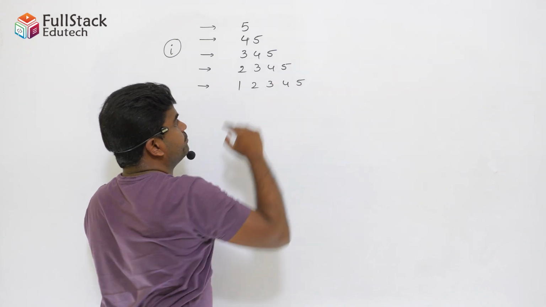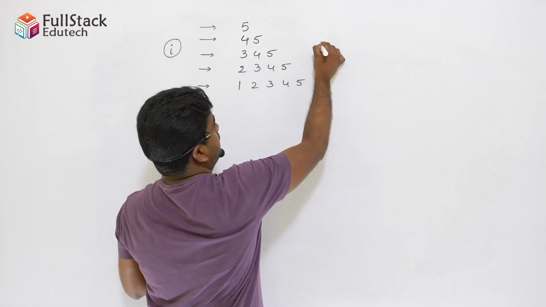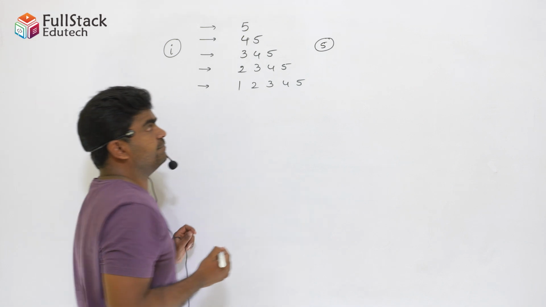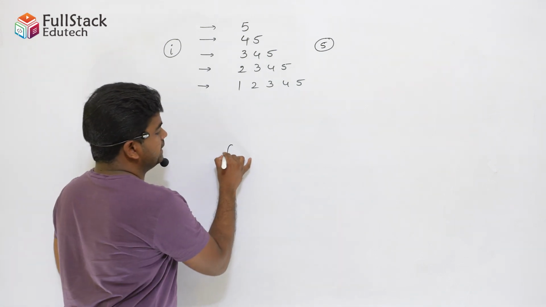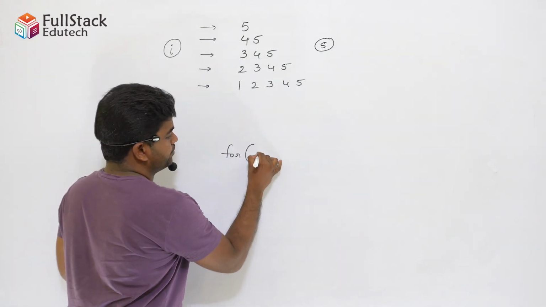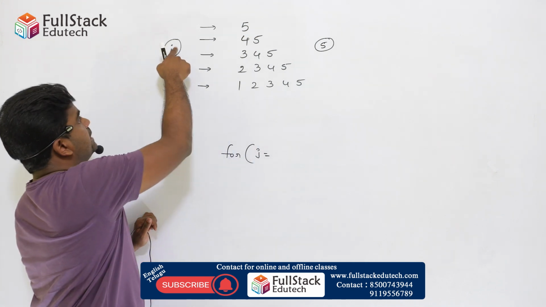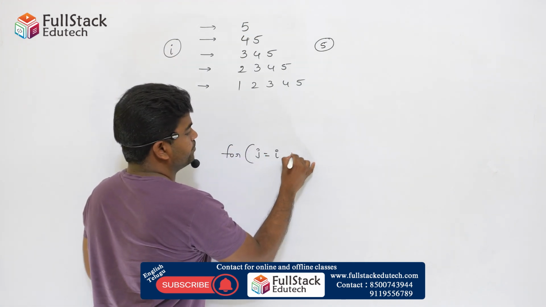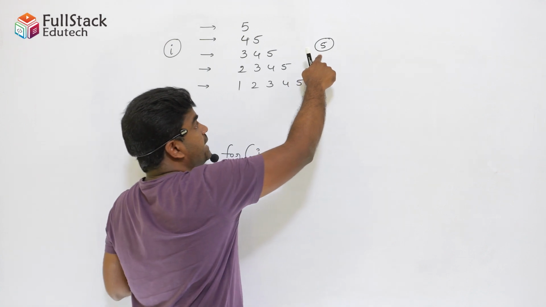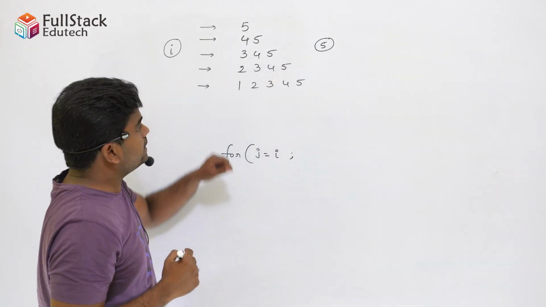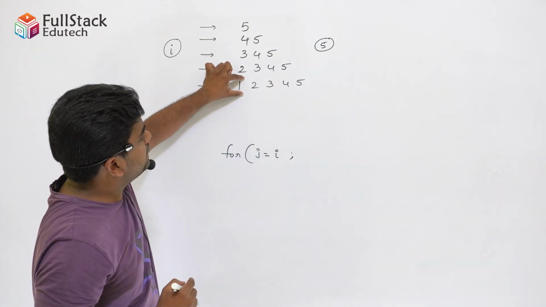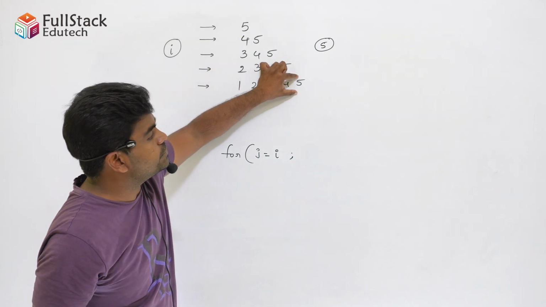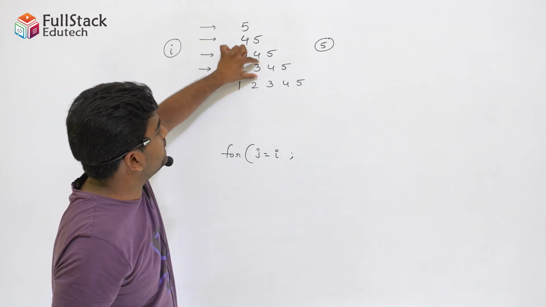value, 5 5 5 5 5. So each row ending with the same value we are printing using j. Each row starts with a different value and each row ends with the same value. But look at this, whenever you are printing each row, in each row the values are increasing or decreasing, you need